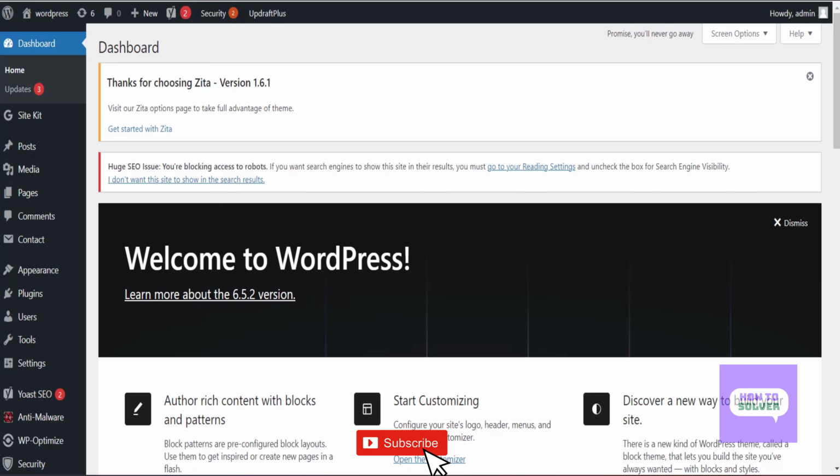Today I am going to show how to create custom post types and taxonomies in WordPress. So here you can see this is my admin dashboard. At first we need to install a plugin which is